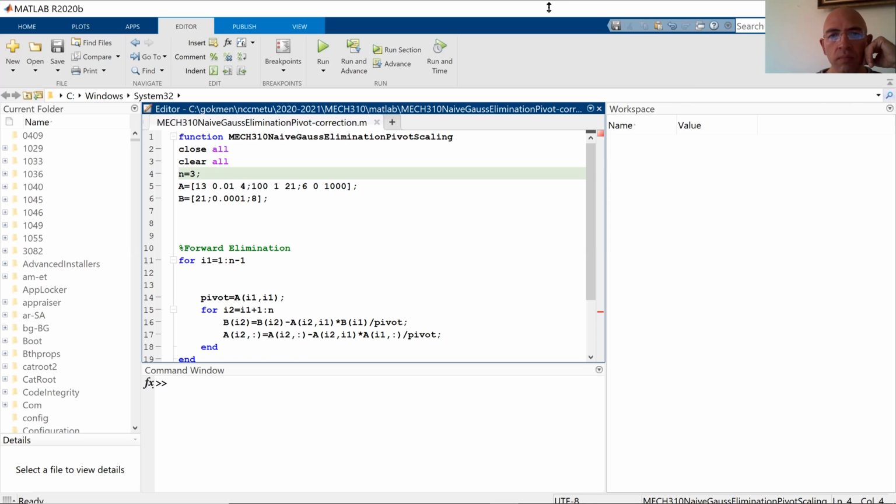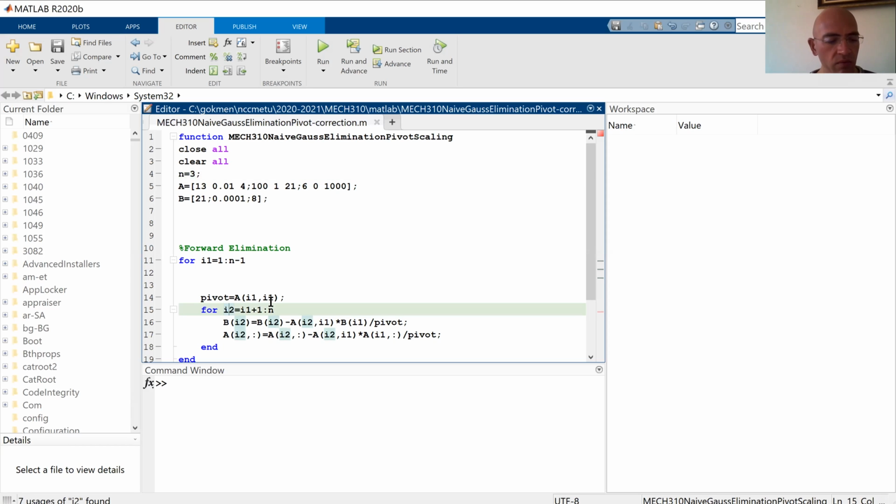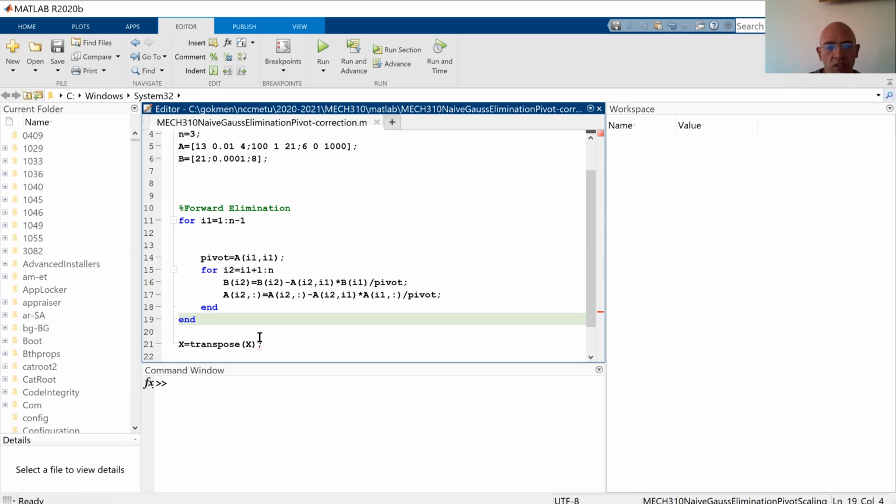Okay, so now I will add a small correction to the Matlab video of the Gauss elimination method. In fact, some of your colleagues realized that there was a problem in the video concerning the backward elimination part. So I will do the backward elimination part, and I will just go through the forward elimination